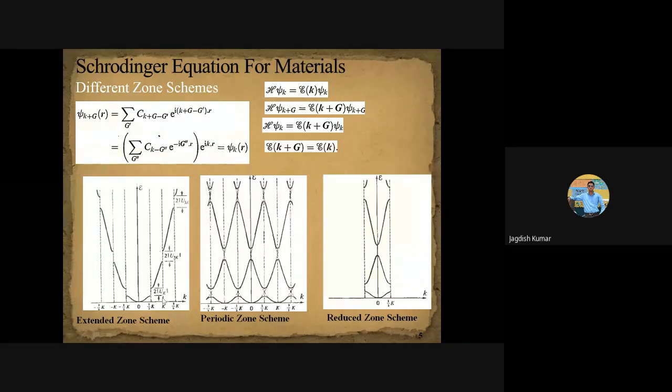G here is replaced with capital K. So this is reciprocal space, K space, right? This is also called K space. So half G means this is actually pi by A, because you know G is 2 pi by A. So what is half G? This is half G, which is pi by A.